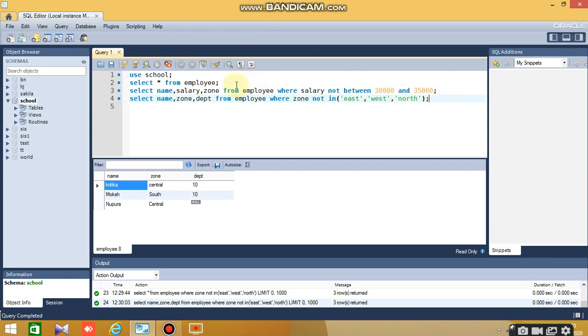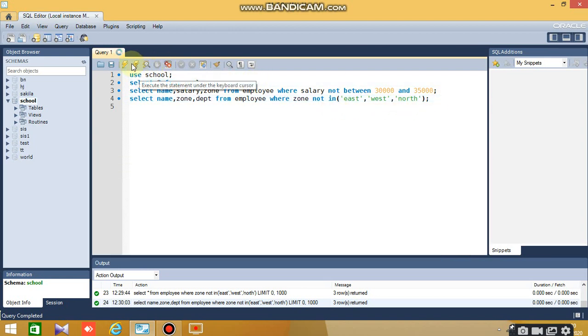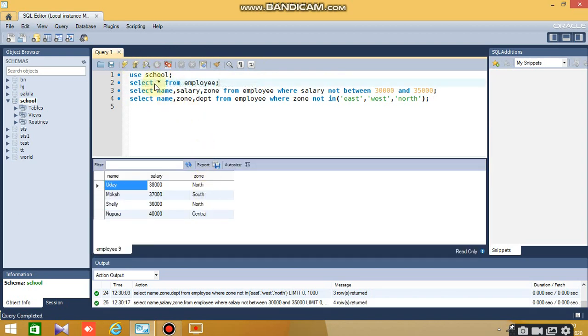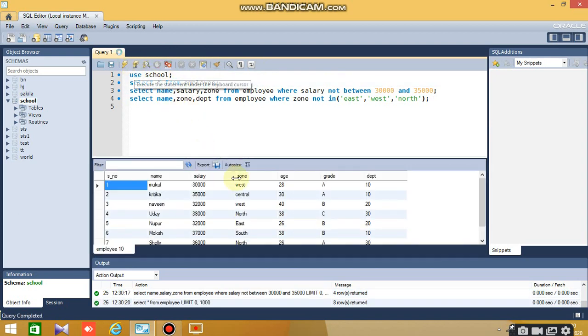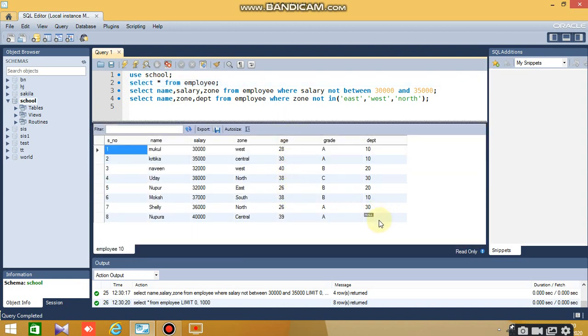Now let me show you this table again. Here you can see in this table I have used null keyword. Today I am going to show you how we can retrieve those rows in which we have null value. तो null value की जब बात आती है तो इसमें is equal to का साइन यूज नहीं होगा. Let me tell you, it is a syntax.